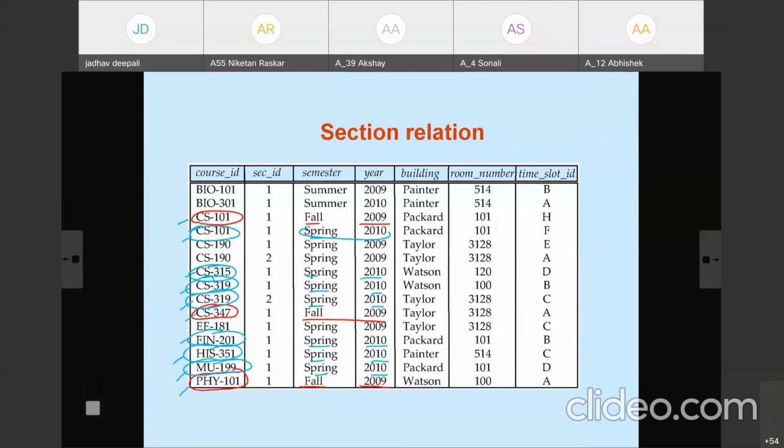But the union operation automatically removes the duplicates. So here it appears 2 times, but in the result it will appear only once. This appears 2 times, but in the result it appears only once. Why? Because the union operation automatically removes the duplicates.